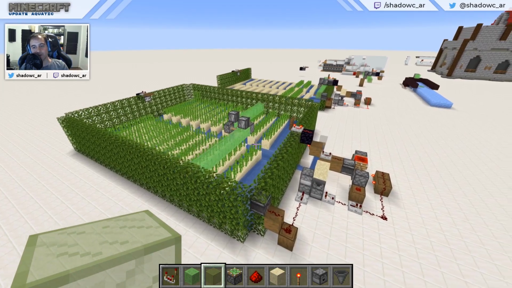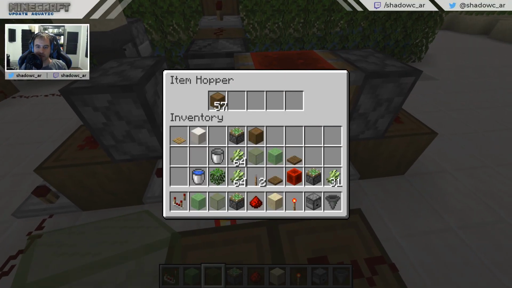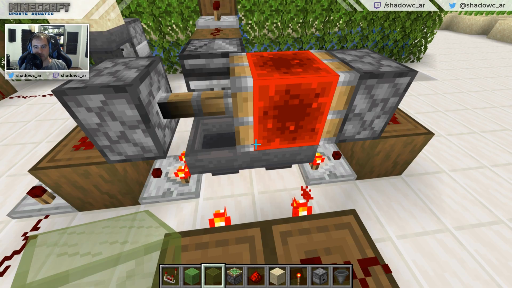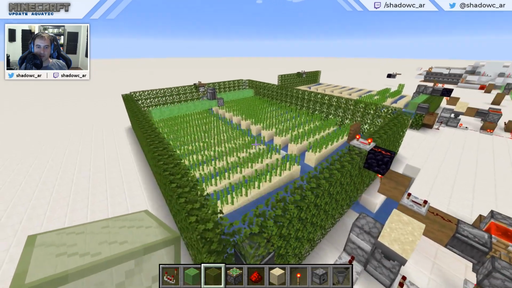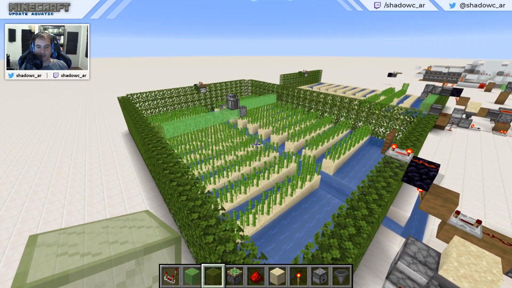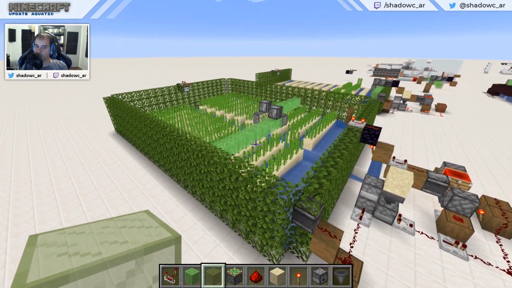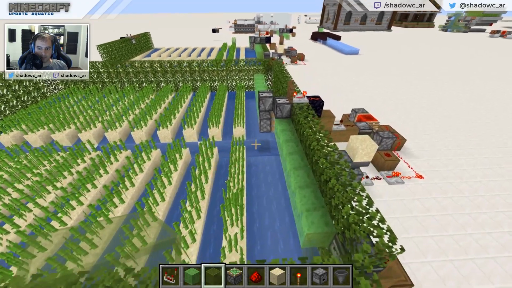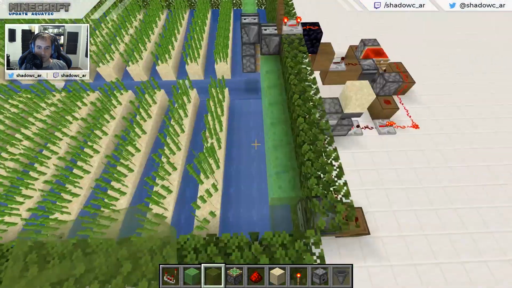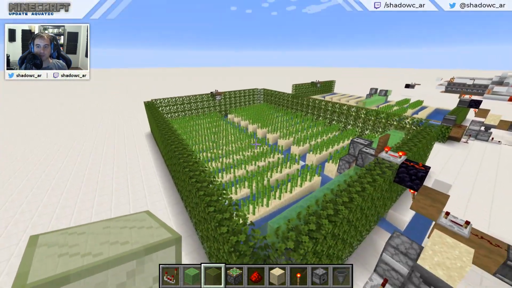Okay, it's off again. Of course, this clock is too fast. What you want to do is just fill it with 5 stacks of objects. It can be just dirt, so that it takes longer. But there you have it. This is a fully automatic sugarcane flying machine based farm, which works pretty well if you actually let the sugarcane grow. Look at that. There's a wall here because you need both sides for the sugarcane to bounce